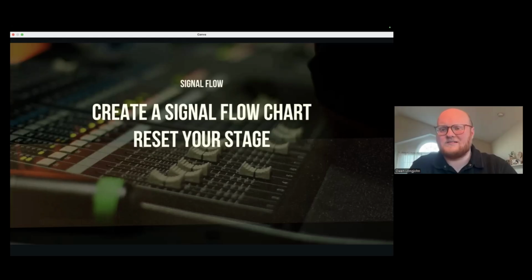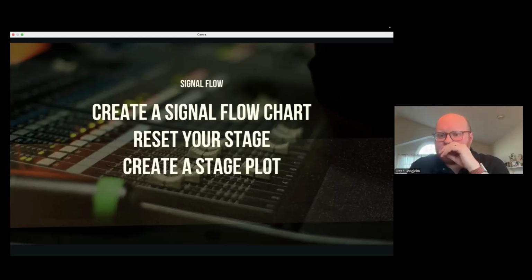It would be great if it was 3 when you plugged in on stage and 3 when you plugged it into the stage rack and 3 when it's plugged into the console. You might discover things like that along the way, like, why were we doing it this way? Let's make more sense of this. Resetting your stage is an opportunity to do that.